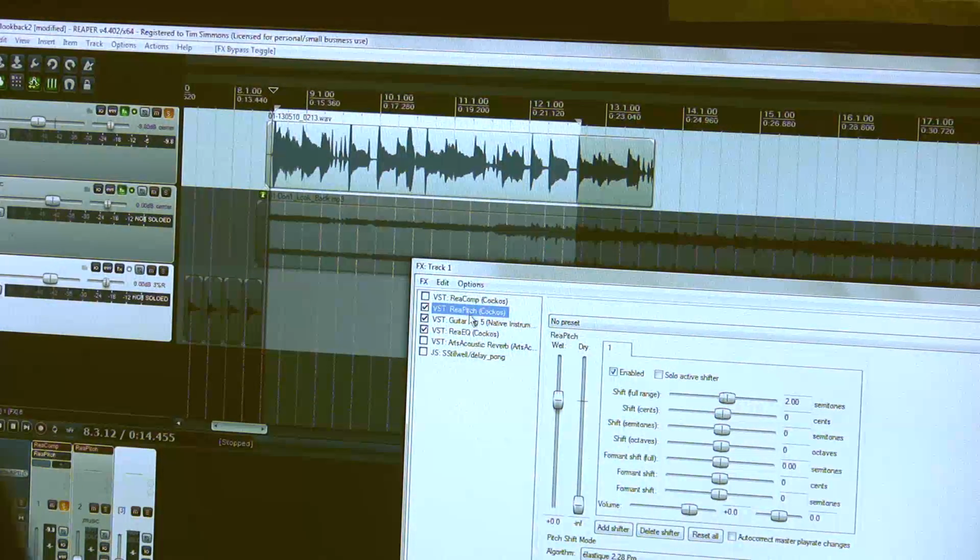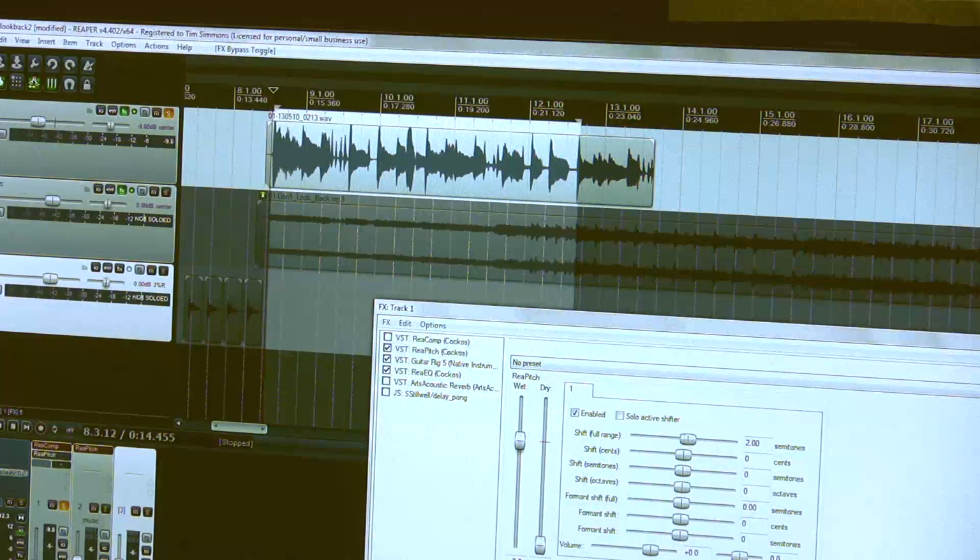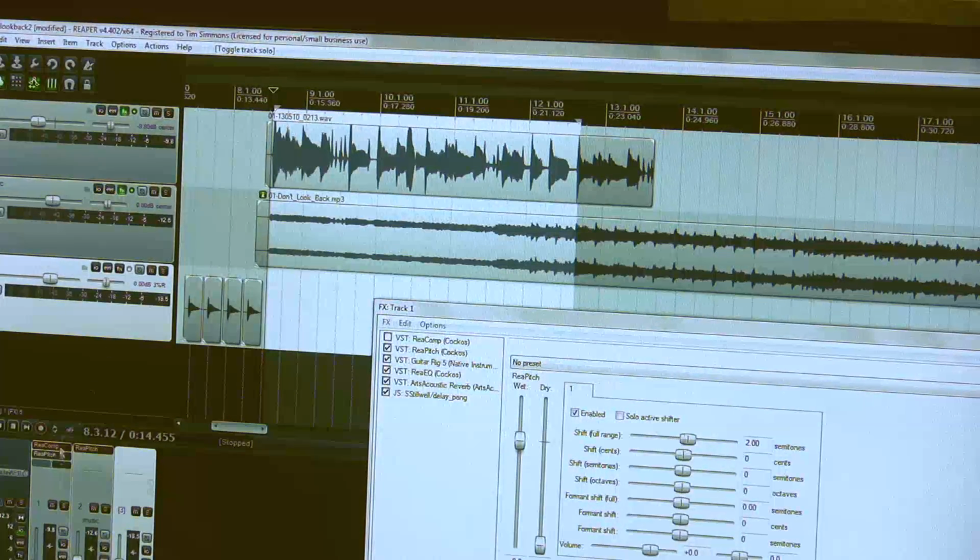So once I add the pitch shift, now let's listen. So now it's getting better. Now some reverb and delay. So at least now we're in acceptable land. This is actually a sound that would be close enough where I could feel comfortable saying, yeah, this sounds good. And now if we blend them both together,